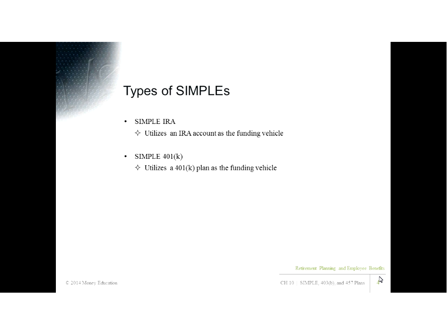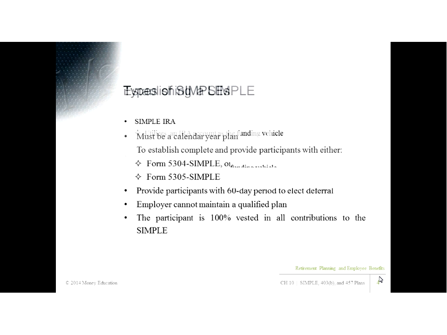There are two types of simples, the simple IRAs, which you see, and the simple 401ks, which you don't see. The reason that you don't see the simple 401ks is because they require the same sort of testing. They have the limitations of the simple in terms of the contributions and the lack of the ability to customize and skew, but you have to do the same sort of reporting on an annual basis and testing that you do in a traditional 401k. So I've never seen a simple 401k, simple IRA, but we're still going to go over the rules of them.